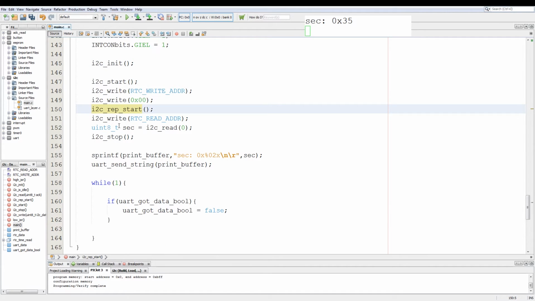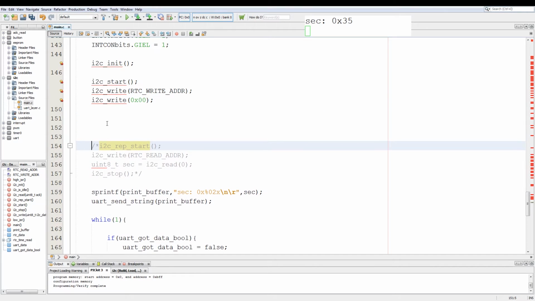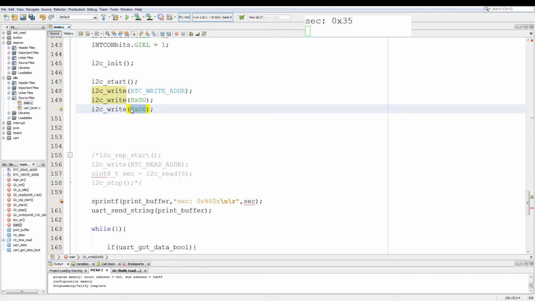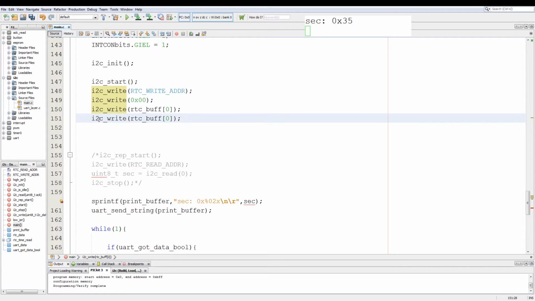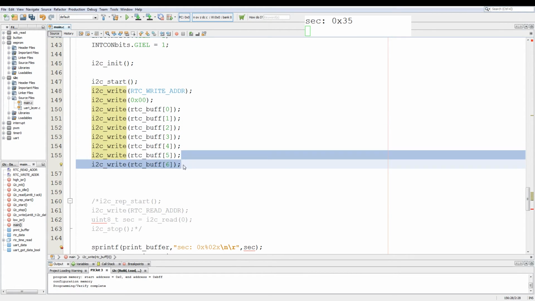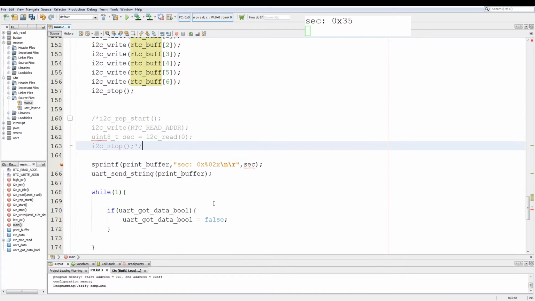Now we're going to write the data to the RTC setup. We are going to keep this piece of code for later. We keep this as is. We start at address 0, and we're going to write from RTC buff 0, and we repeat this line for 7 writes. We just change the array member. Then we just change the array member to send the data through, and then we add a stop. Now I'm just going to add a printout over here, which is just a new line print.